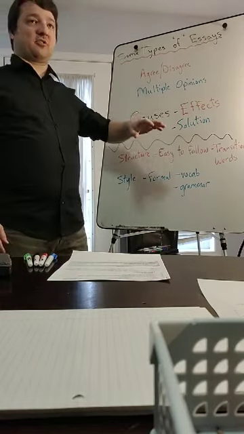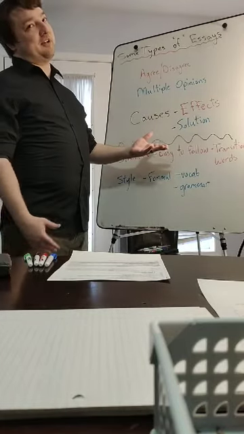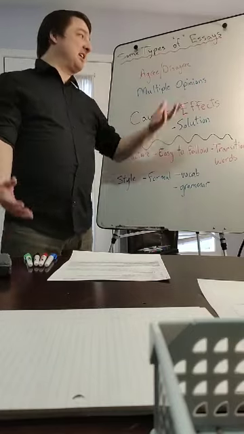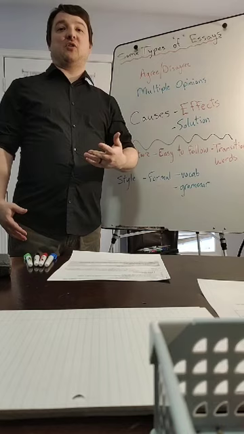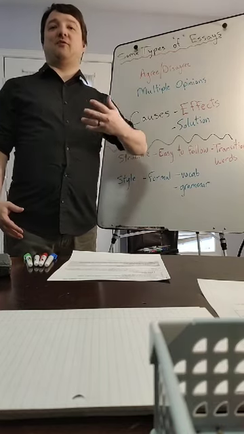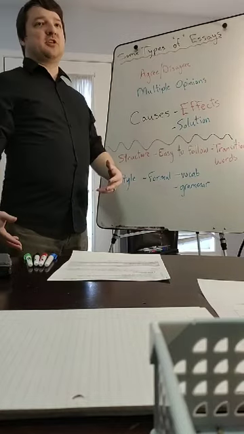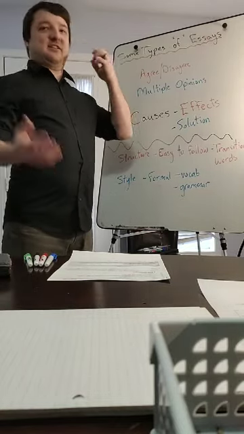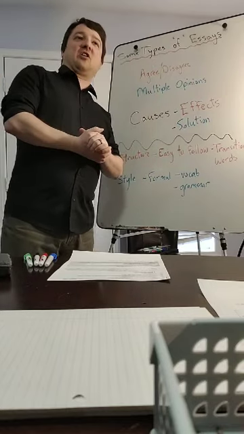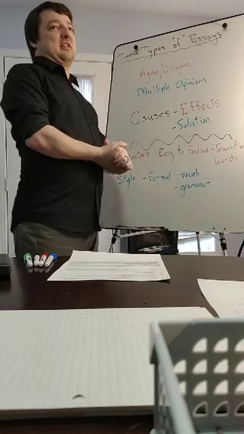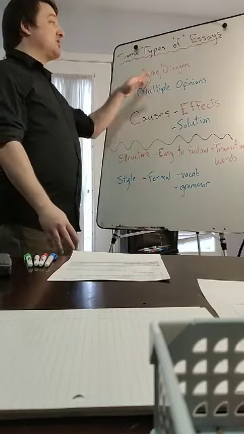Now, agreeing and disagreeing. What does that mean? Obviously, it's pretty easy in the title. They're all really simple, really. Agreeing, saying yes, and disagreeing, saying no. In this type of essay, you have to state your position of whether you agree with a statement that's said or disagree. So you can say, let's say, kittens. I agree kittens are the cutest thing, or I disagree. I think kittens are not cute at all, or somewhere in the middle.